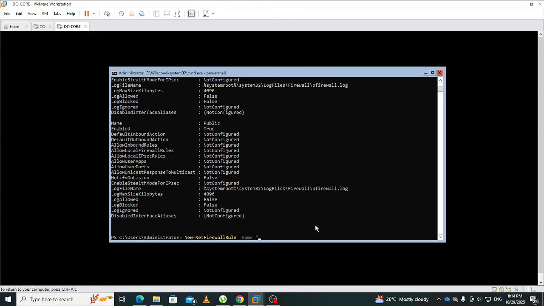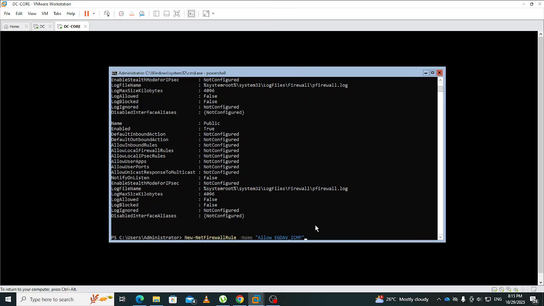I'll use the domain name, which is allow space ecdev underscore ICMP,